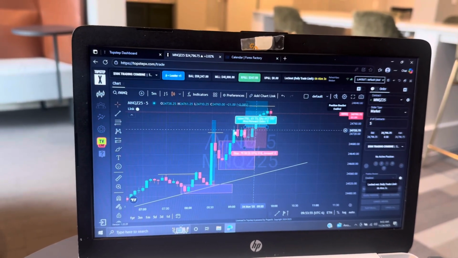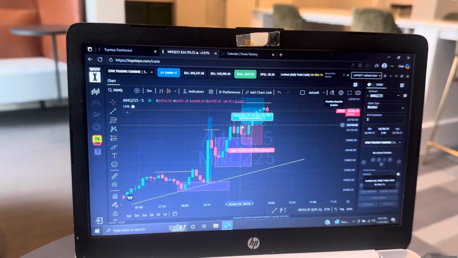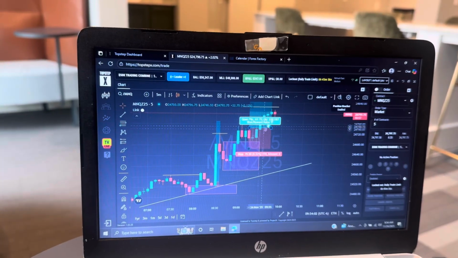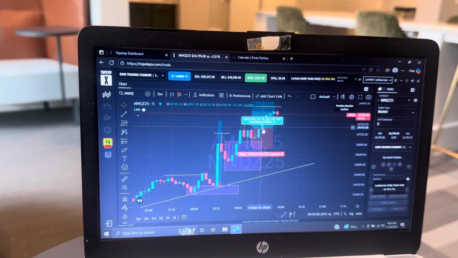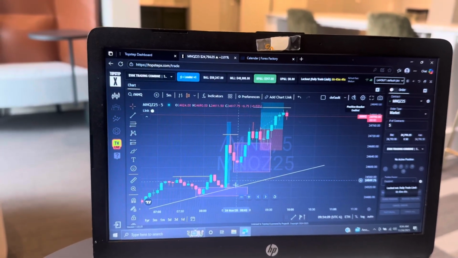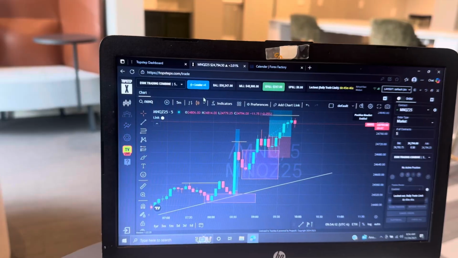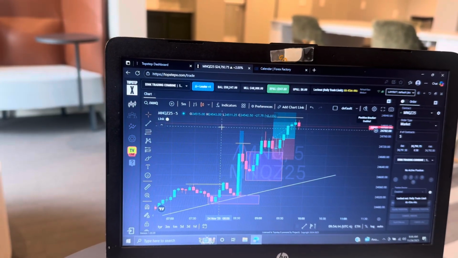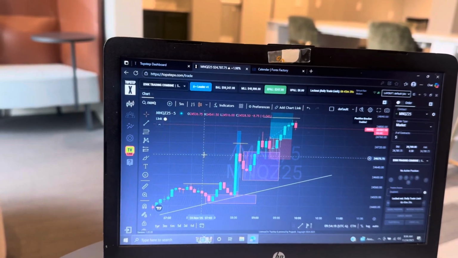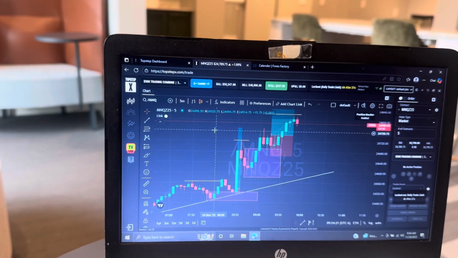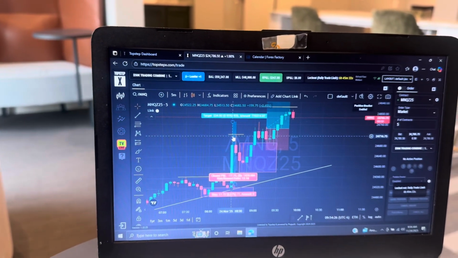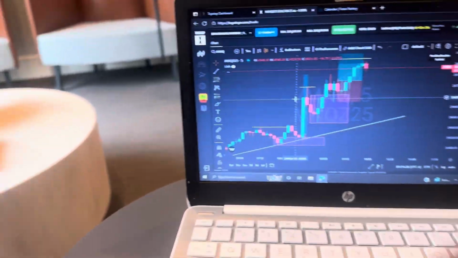This right here is just a chop or whatever, right? So the entry for this one would have been at the break of this candle high, right? And it's still going into profit, but it's not as clean as this setup right here. But overall, this is the trade setup I took today, securing 247. Like I said, 2 different setups, same setup, but it just looked different. Anyways, yeah, my last combine, we're not even gonna talk about that, but we're just moving forward and we're here.